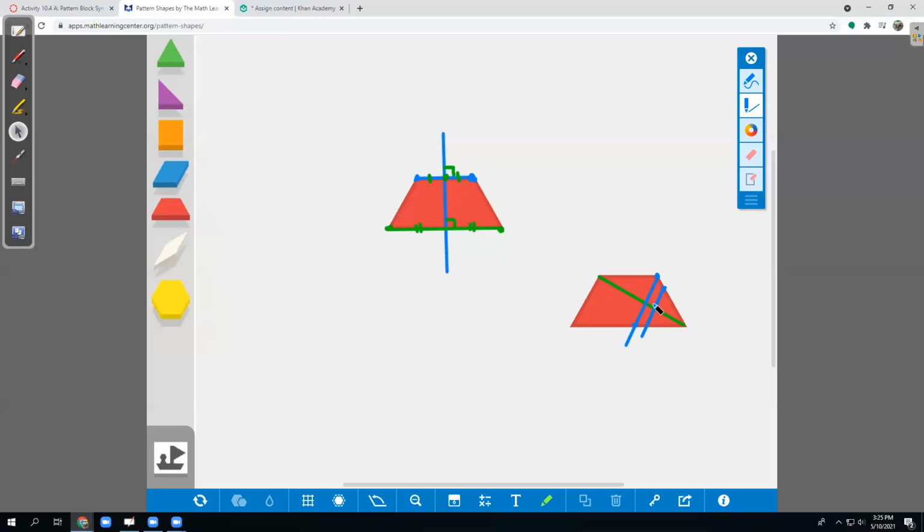Oh my, look at that. That looks like it probably matches up there too. Is this green line really a line of symmetry? Let's keep trying. If I pick this point right here,